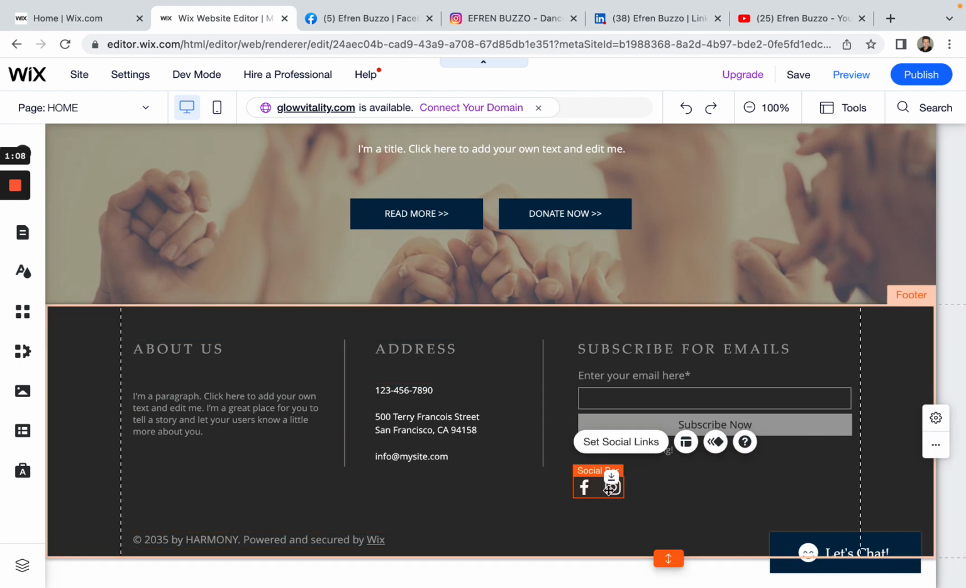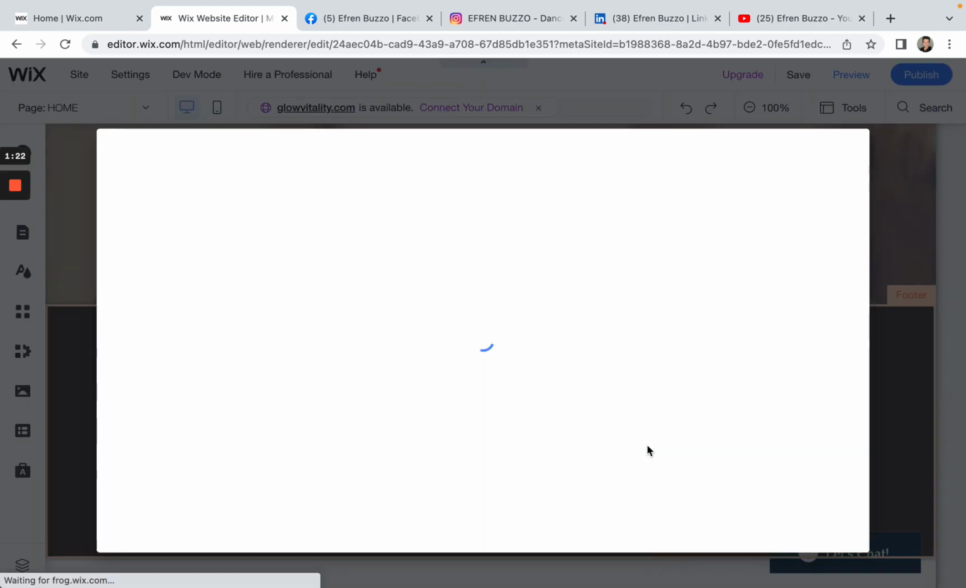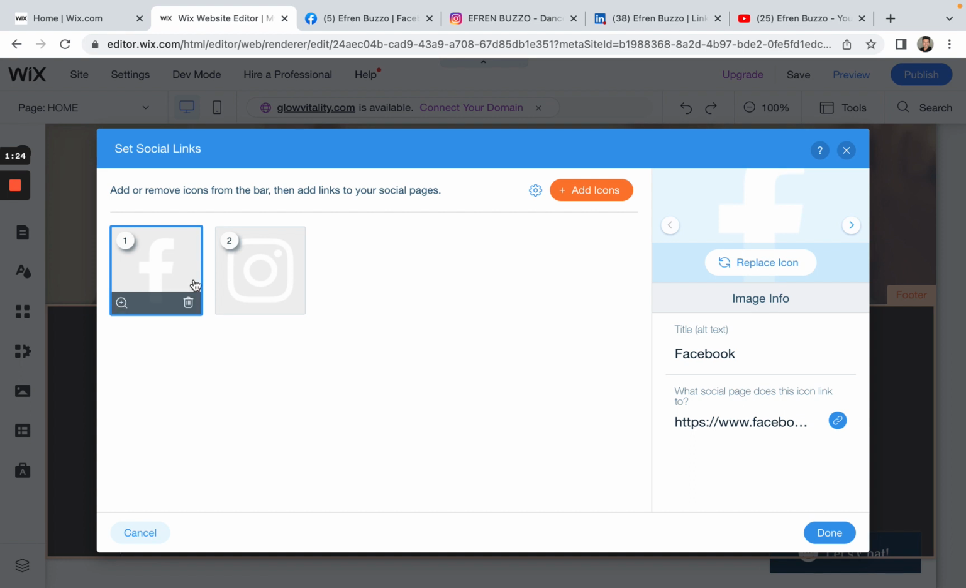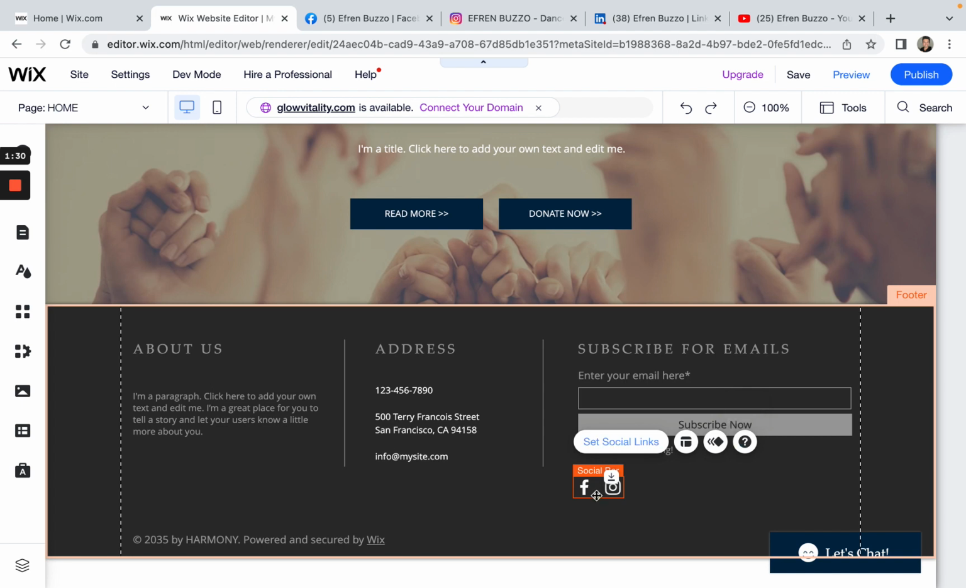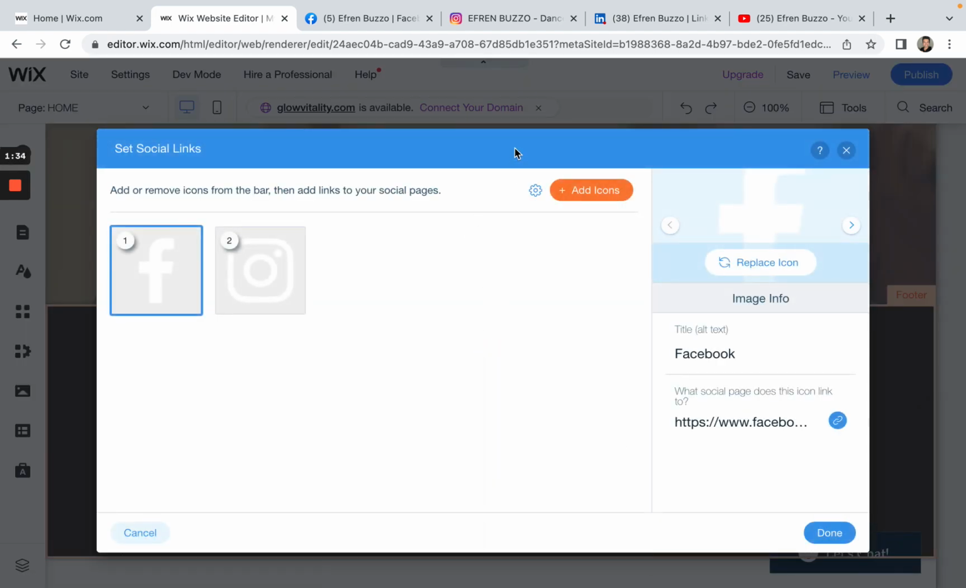So we're going to double click. Usually every single template has a social media bar, and if it doesn't, that's fine. You can put it in different places. Set social media links. We're going to be setting this up. Already we have Facebook and Instagram. Once again, I click set social media, add icon,